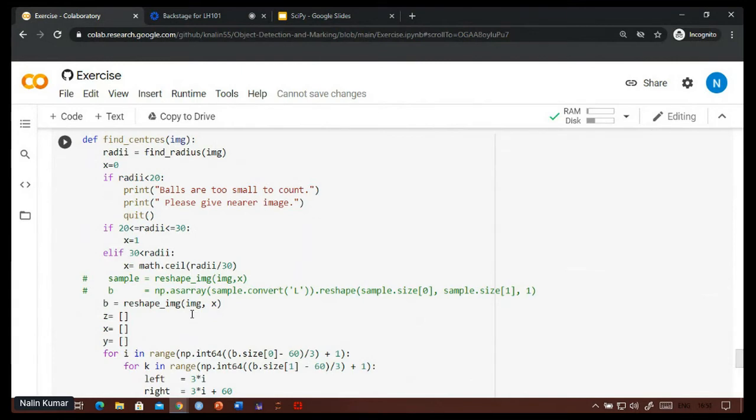Earlier I said that a ball completely enclosed in a window is good enough for us, but if the window slides a little bit here and there and the ball is still completely inside, the model will mark it. But we don't want too many marks. This will just create multiple markings for the same ball.